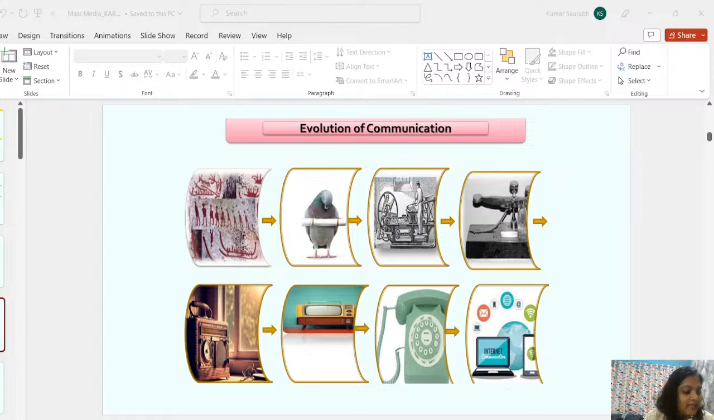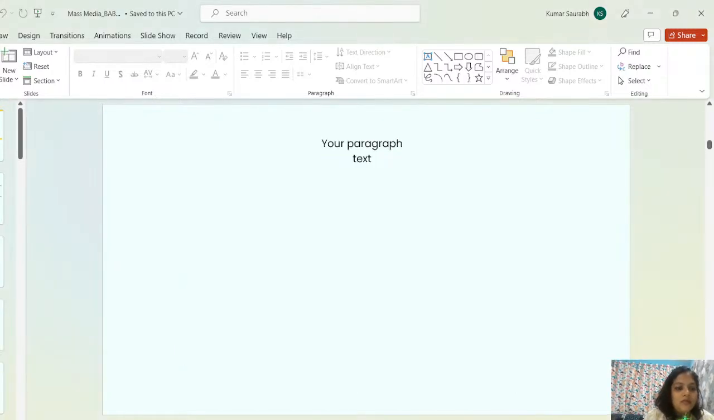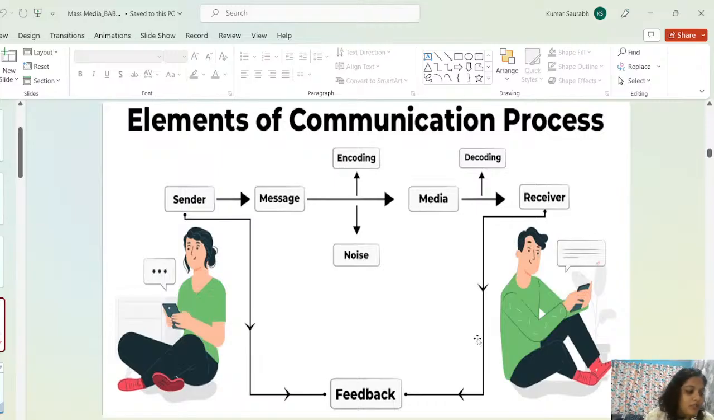Anyways, now just come to the next slide. The next slide is about the communication process. Okay, now you can see this is the communication process. As I said, all the scholars have said that communication is a process. Everybody is saying that communication is a process. But what is that process? This is the process. So, elements of the communication process. You can see that this is the entire process,